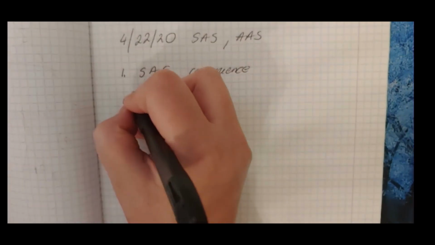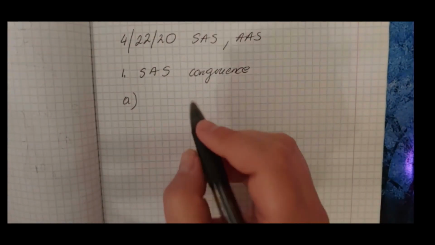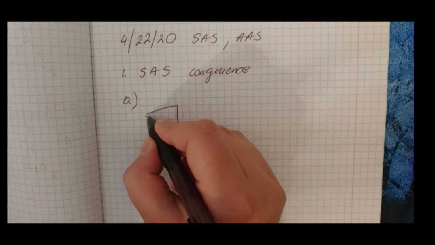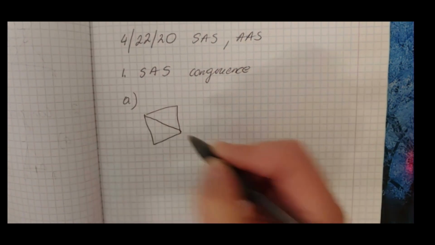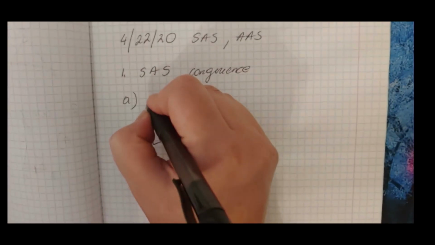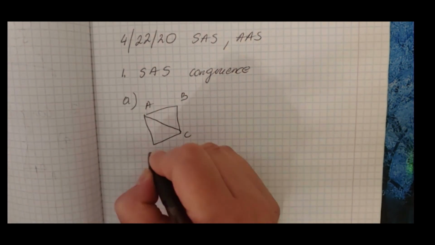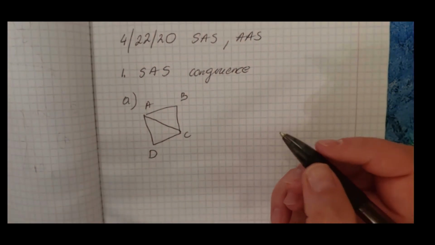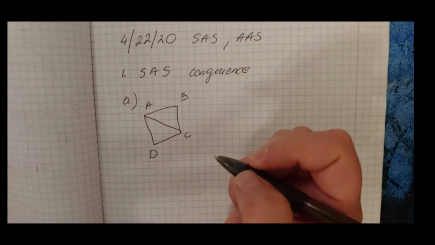Okay, so first example, let's say I have two triangles, A, B, C, and let's call this D, and they give us